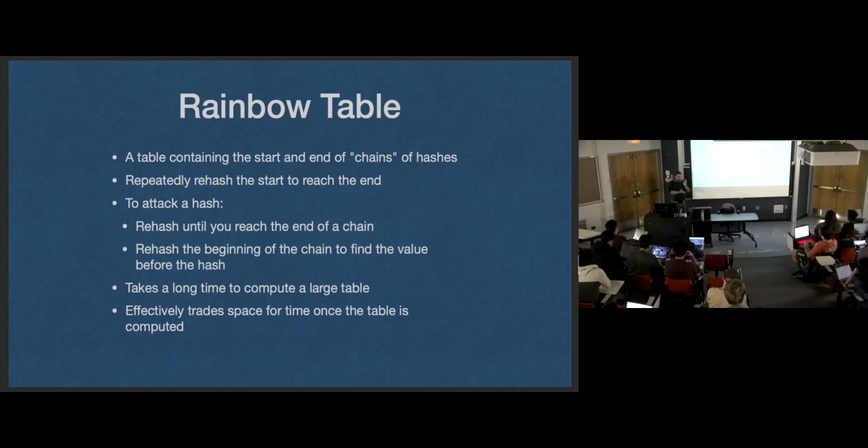And once it matches an endpoint, you know what chain that password is in. You go to the beginning of that chain and start going through the process until you find that hash, and then you back up one step. That's the password. Now you crack that password. So now, instead of waiting till you have a password to throw an attack at it, you pre-compute using tons of time, however much time you want, beforehand, and then when your database is compromised, you get a whole bunch of hashes, you throw those hashes at your rainbow tables and just destroy those hashes. You crack them very, very quickly.